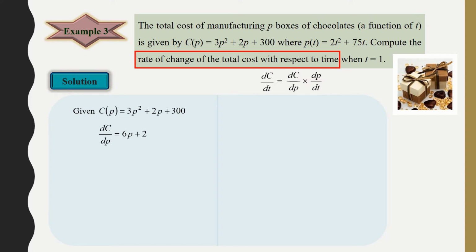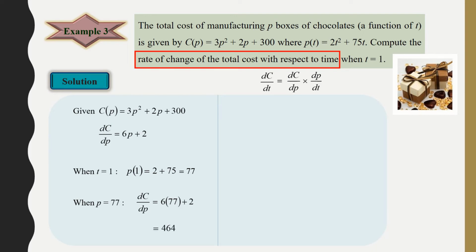So to get the value of dC over dp, we must find p first. The information given in the question is t equals 1. So when t equals 1, p in terms of t equals 2t squared plus 75t. Then we substitute t equals 1, we get 2 plus 75. So p is 77. Then when p equals 77, dC over dp is 6 times 77 plus 2, which equals